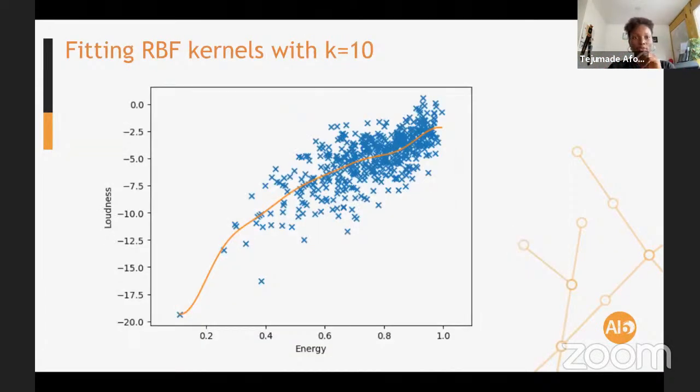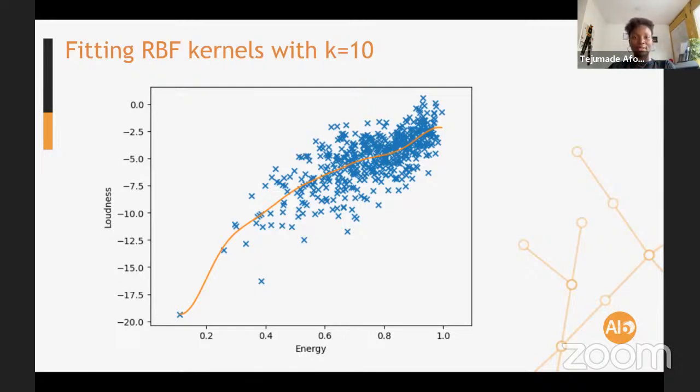And using this idea of our RBF kernel, you can also fit this data set that we've been working with in this way. You can see that you're able to have a fit that looks like the cubic one when we were doing polynomial features, but maybe a little better, because you can see that some of these data points are fitted well. But why stop at 10 kernels, right?